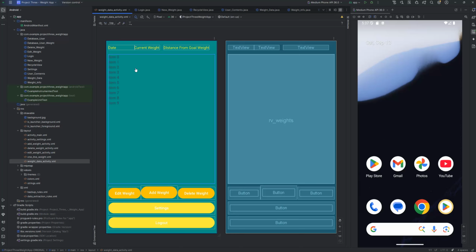So I'm going to change that by implementing ideally both a line graph and a bar graph. Looking into it a bit, I decided to try the MPAndroidChart library, and that allowed me to make a new activity that's going to read the array list of the weight data and convert it into chart entries. Users will still be able to look at all their weight data, but the chart will allow them to toggle between line charts and bar charts, so they could see their progress